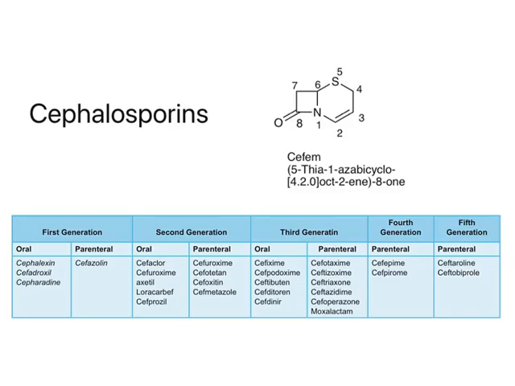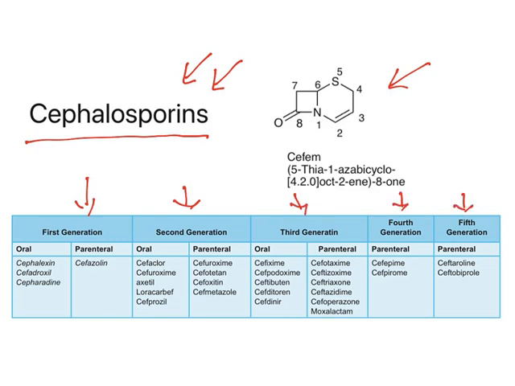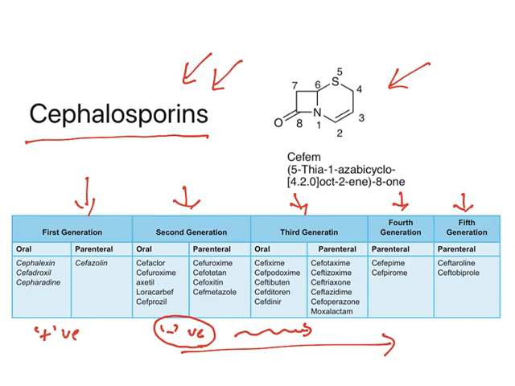Moving further, now cephalosporins. Most of the mechanism of action, adverse effects, and spectrums are very similar, but cephalosporins are more potent and they are more resistant to the beta-lactamase enzyme produced by bacteria. This is its heterocyclic ring. We have seen about this already. Now in cephalosporins there are first, second, third, fourth, and fifth generations. First generation is very effective against gram positive, whereas second generation has gram negative activity. When you move further, the activity towards gram negative is increased. So the moment you improve the generation, the gram negative spectrum is increased. So these are all the drugs. Most of the things are very similar to penicillins.